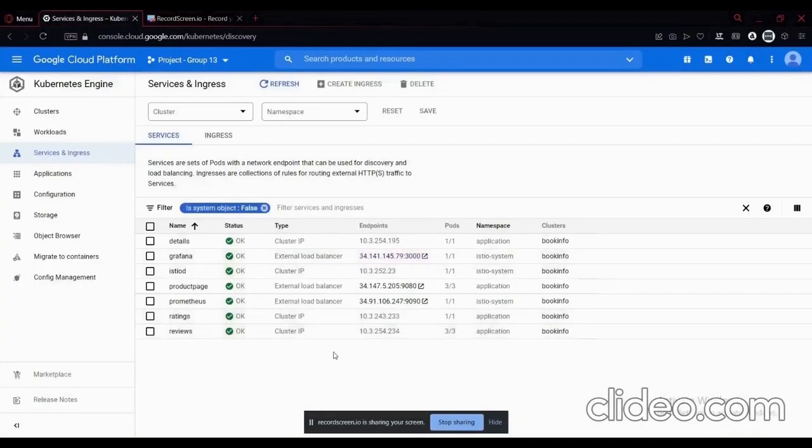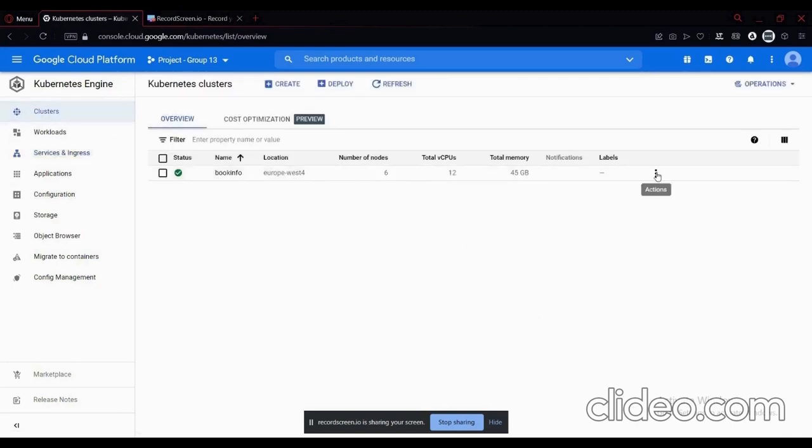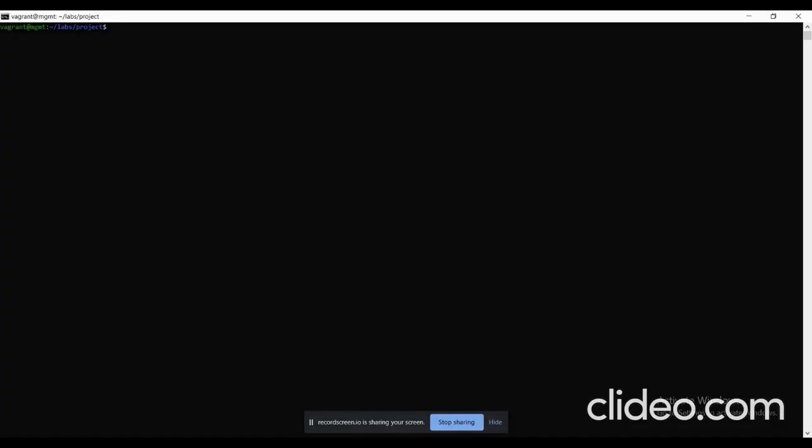Now that we've seen that everything is working, we can try using some kubectl commands. So let's see how this is done. We go to clusters, actions, connect. We copy this, paste it in CMD, and now we can use the kubectl command.